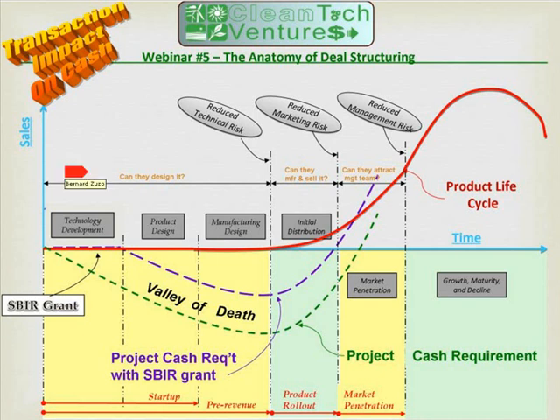When we take a look at the cash necessary for activity in the company, we see that this green line indicates the cash that's being consumed, and for these first three phases there is no revenue, so the consumption is total development. Cash is not generated until products begin to be sold, and that happens first in the initial distribution phase and proceeds into market penetration. It's no wonder folks have problems starting and advancing a business because the cash need is significant.